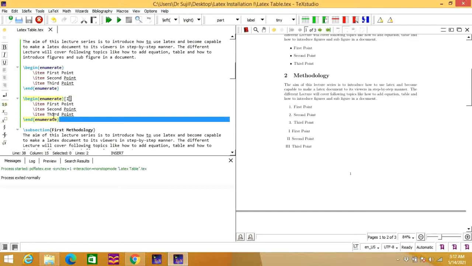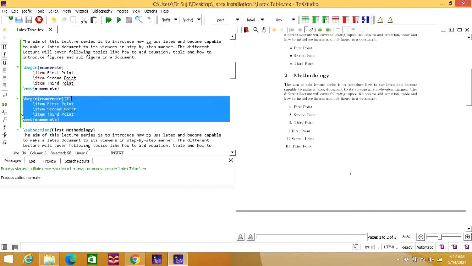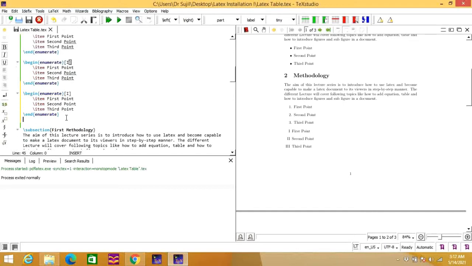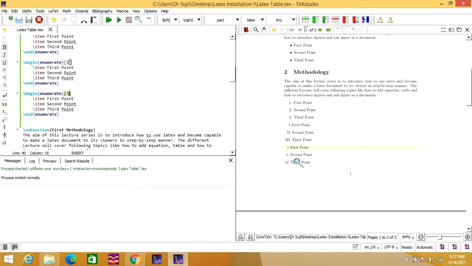Now I am again copying all these items and pasting below this. Now I need this number in this fashion. Let us make it small i. Now you can see it appears in this fashion.